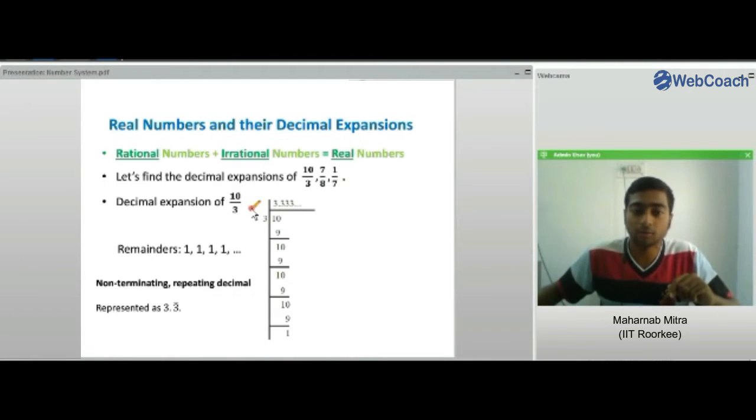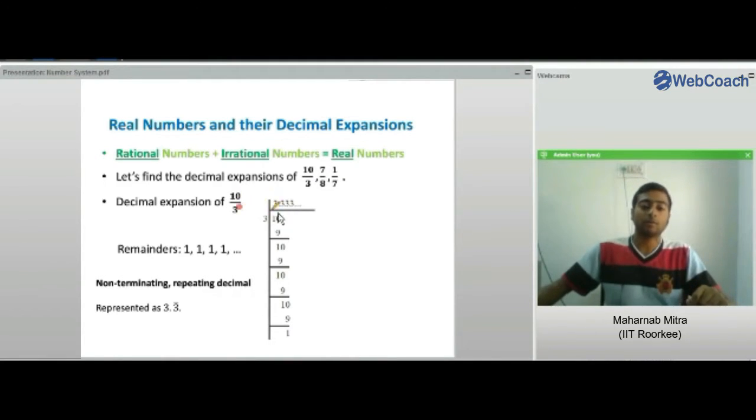Okay, so what do we do to get the decimal expansion? We divide 10 with 3. So first you can see it goes by 3, and here we get 3 3s are 9. We get the remainder as 1, right? Now what do we do? We add a decimal point here, right? We add a decimal point here. Let me show you separately,